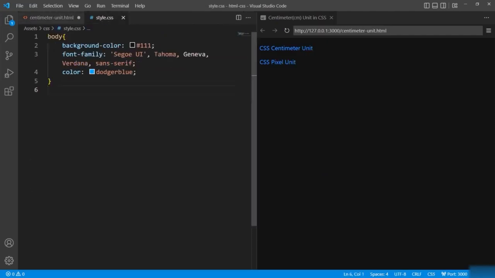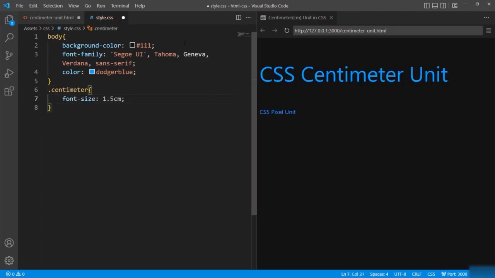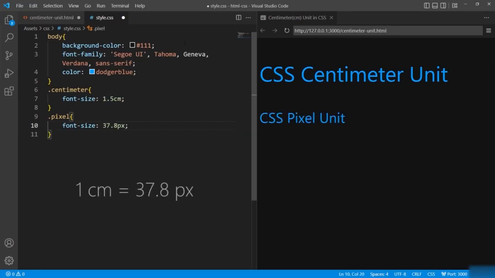styling, let's set the font size of the first paragraph to centimeters. I'll give the font size property to 1.5 cm, and you can see the change in the size. Similarly, if I give the same font size value but in pixels, you can see the pixel value is hardly visible. As the centimeter unit also maps to the pixels unit, the value of 1 centimeter is equal to 37.8